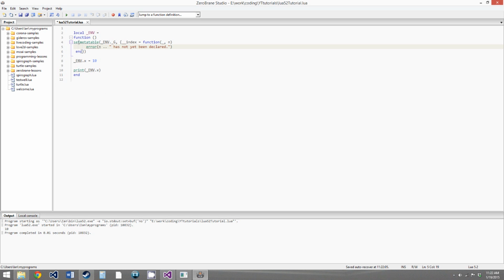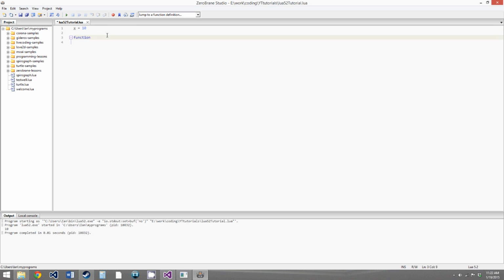So again, to Lua, there are no global variables. All variables that are more global than the variables in the chunk you're currently running are seen as _ENV. and then that variable. So really the _ENV variable just stores these quote-unquote global variables. So this is probably pretty confusing right now, so let's create some code that shows it a bit better than that. So if we were to create a global variable, call it x equals 10,